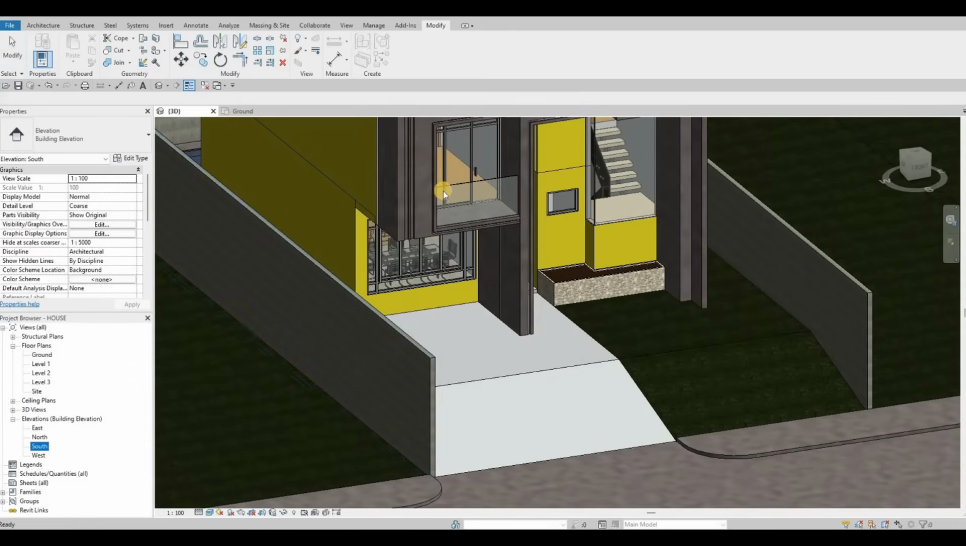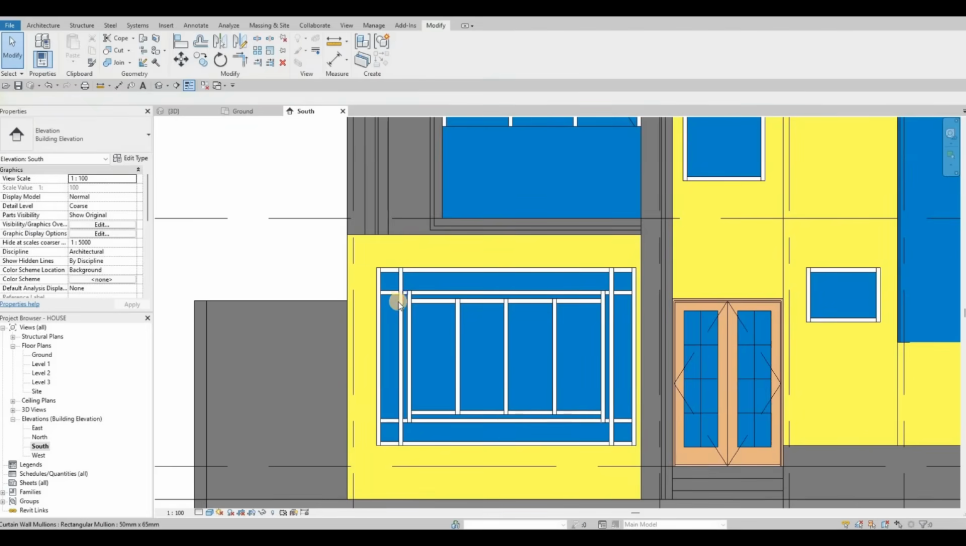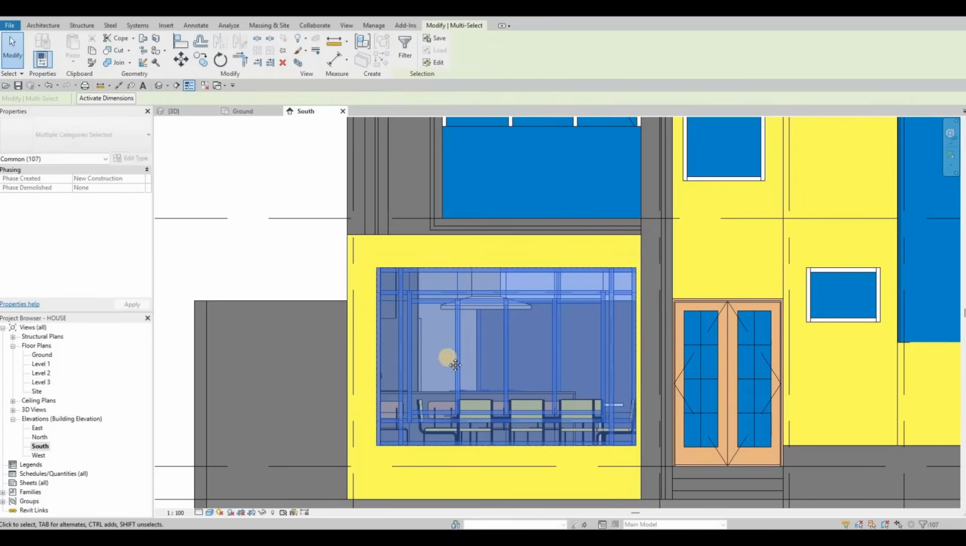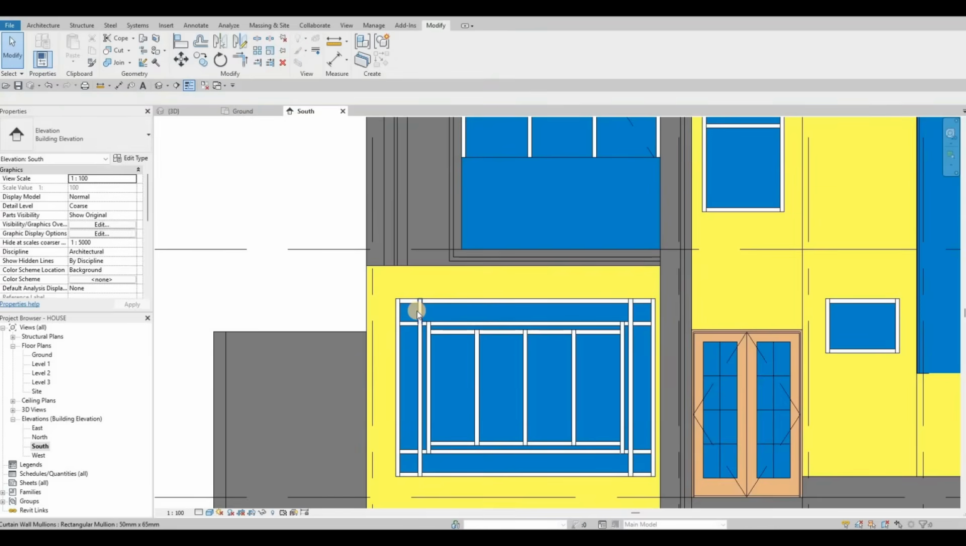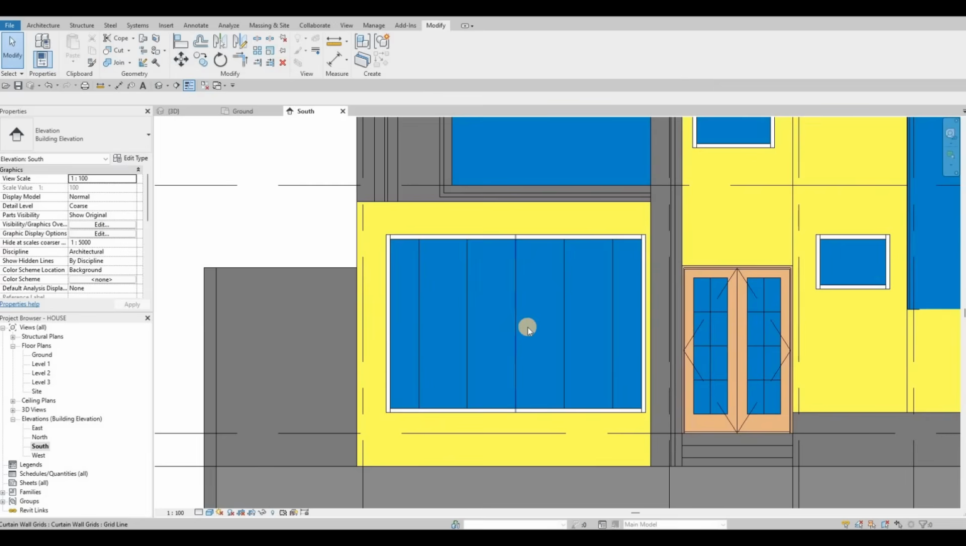Let's go to south elevation. It's because I want to remove some of this one right here. I just don't like the look. So I'm just gonna make it simple. I'm gonna keep that. Actually, I'm just gonna delete all of this